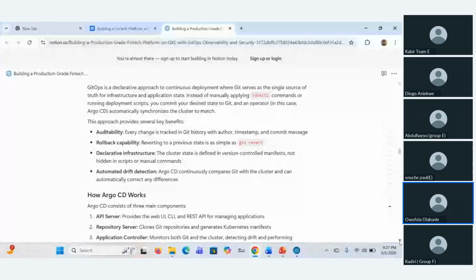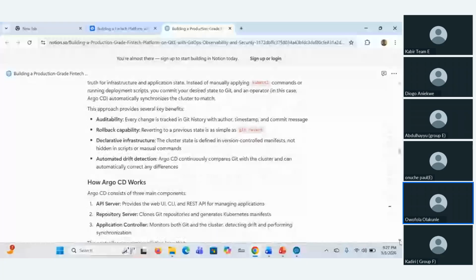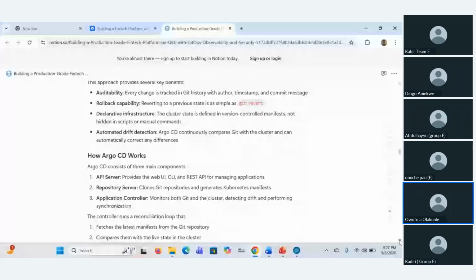So what does this? Argo CD. Argo CD will monitor the repo that it is connected to, and it will be looking for any change. If there's any change, Argo CD will make sure that this change is also applied to the cluster. And also, the benefit of this is that you have rollback capability.